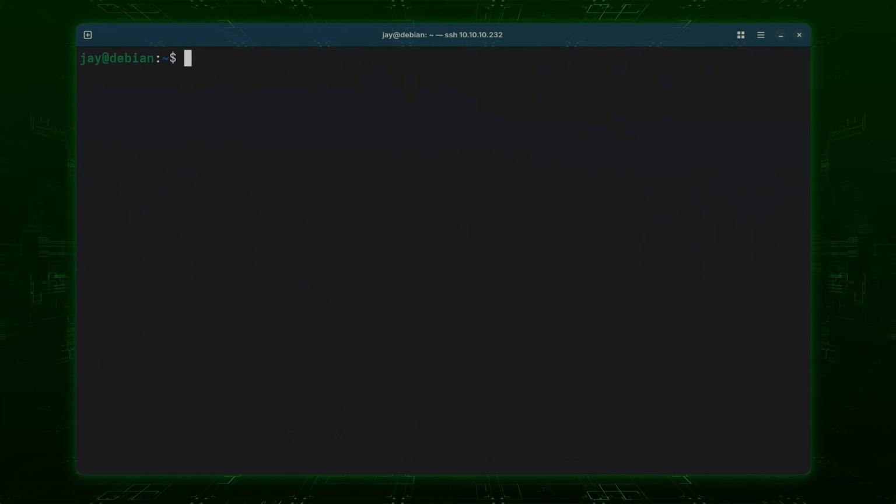Now, like I mentioned earlier, if a service in systemd is enabled, it starts at boot time. If you want to enable or disable a service, all you have to do is run sudo, because we'll be making changes to the system. We'll run systemctl, and then to enable a service, we type the keyword enable, followed by the name of the service. Now in my case, SSH is already enabled, so there's really no point in doing this. So what I'll do instead is just disable it to show you the difference. So I'll press enter, I'll type in my super secret password,